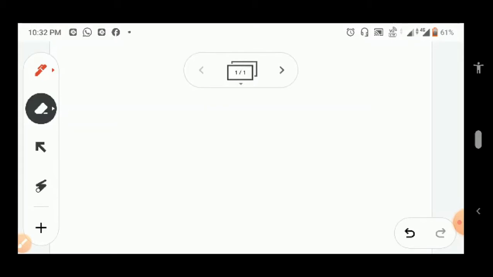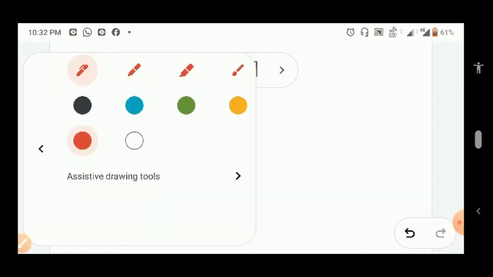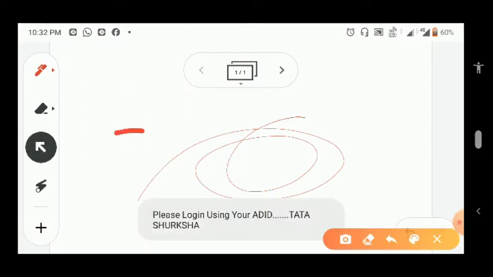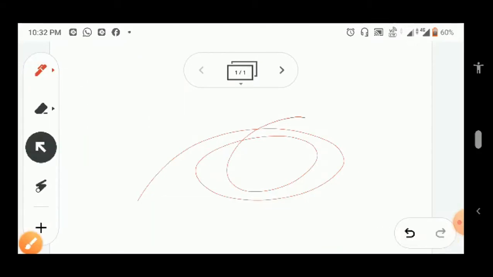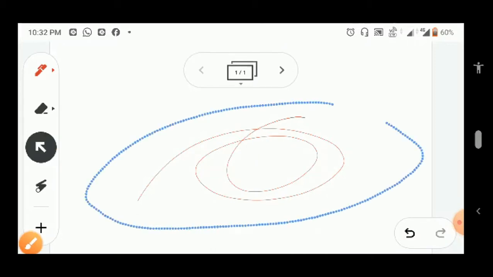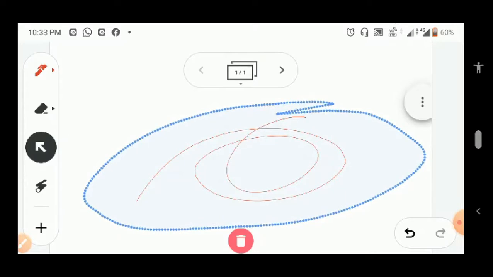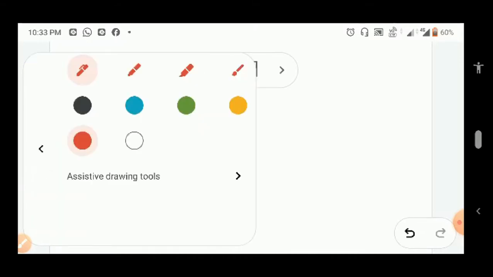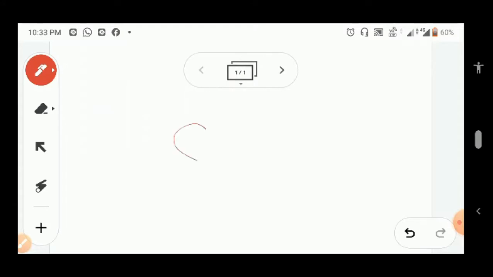Then let me write something on the board to show the next option, and the next option is the select tool. It is used to select any area by dragging over it, and by pressing the three dots over the selected area and then pressing the delete button, we can remove or clear the selected area. Again, let us write something like sine theta,